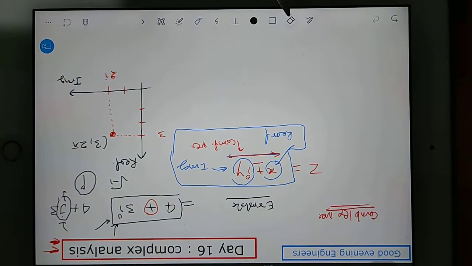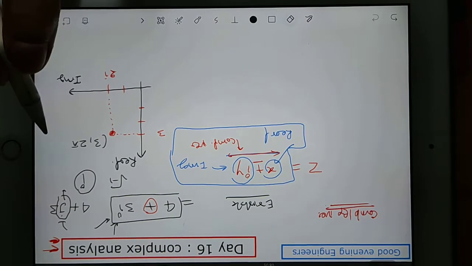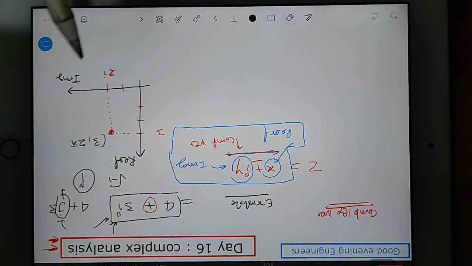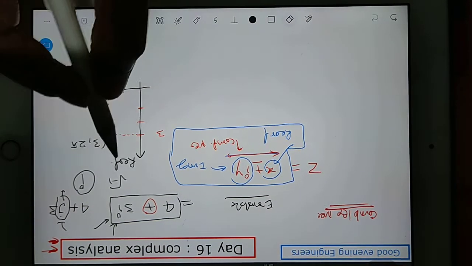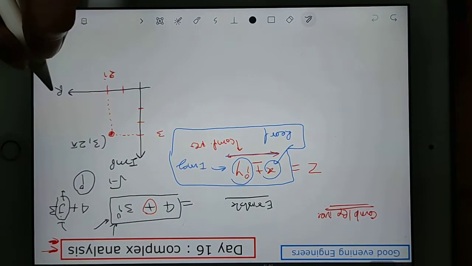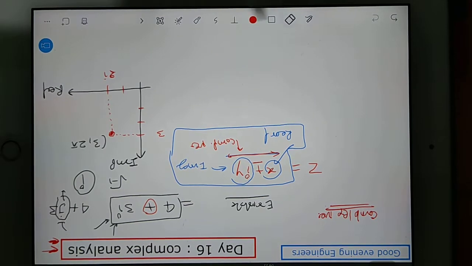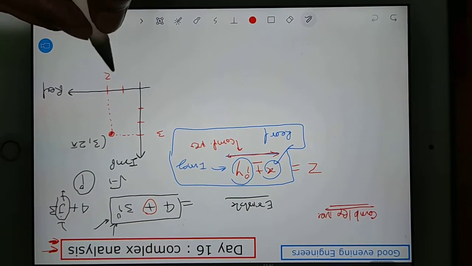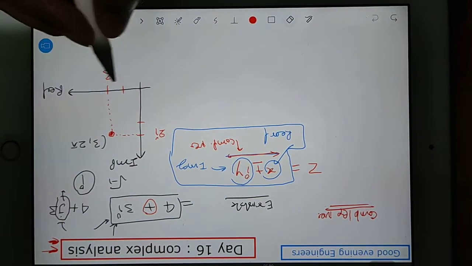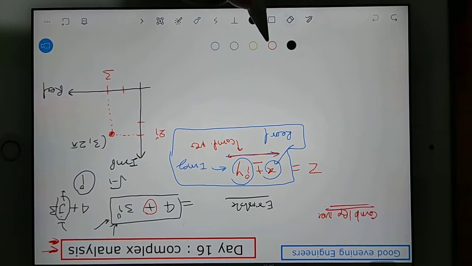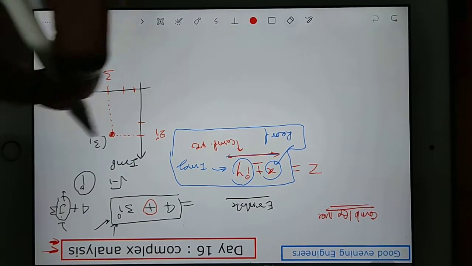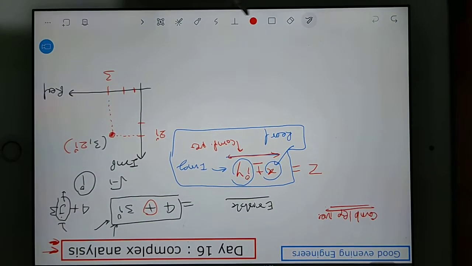Sorry, I was explaining it in a different way. Your x-axis will be that side and the y-axis will be that side. I hope you understand what I'm saying. By mistake I have taken imaginary here. You put your imaginary number here, and your real number here. So you put this as 3 and this as 2i. Okay, so this is 3 comma 2i, and that is going to be the coordinate of the point.